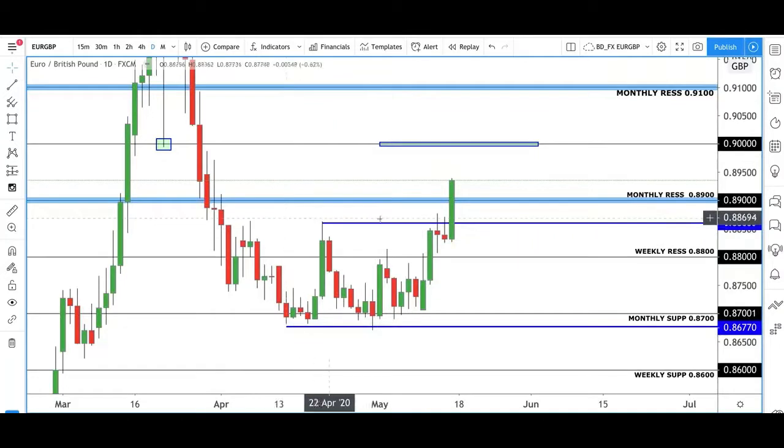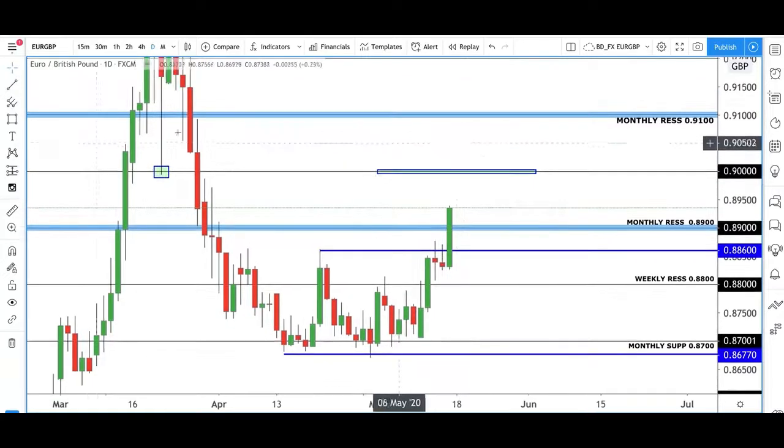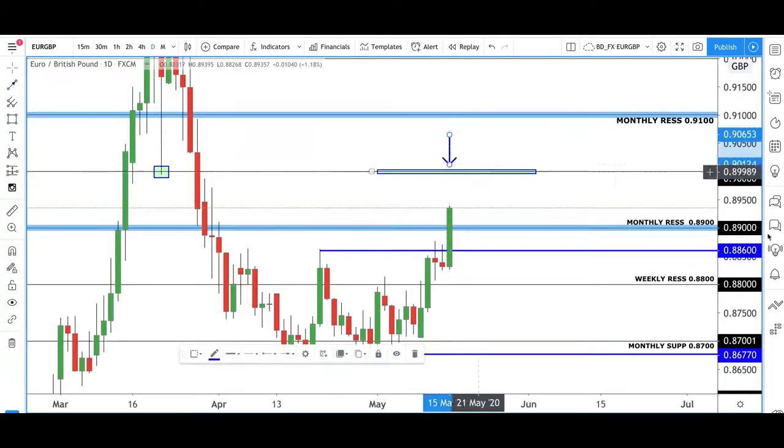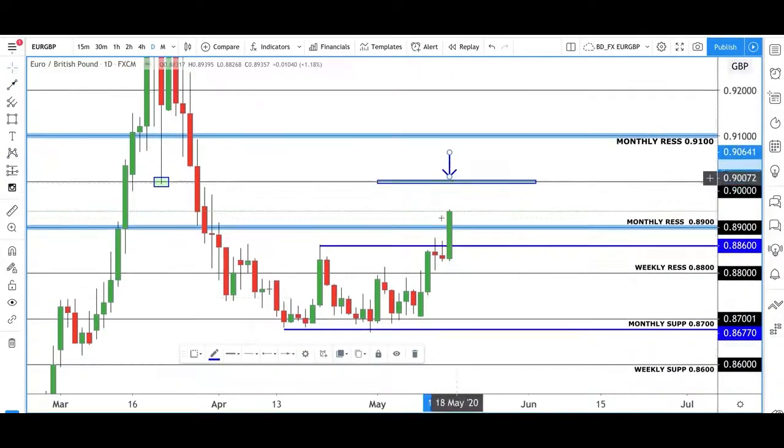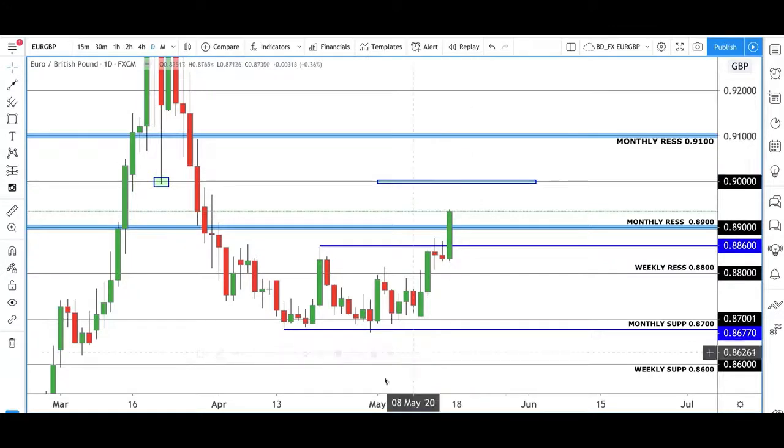We've had a strong breakout on Friday, but I think we're going to maybe extend up a little bit higher, and we're going to be looking at short trades on Euro GBP from around this level here. I think the pound will gain some strength and start to push this back up. So watching out for this from around this region.